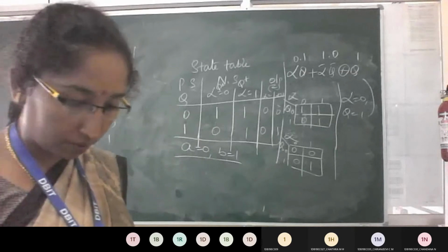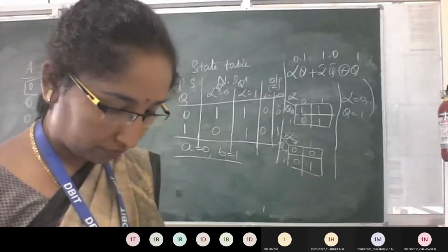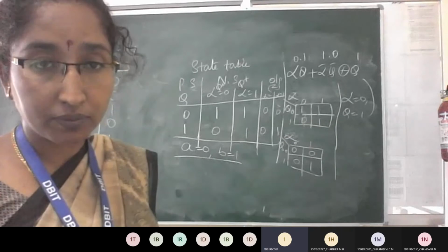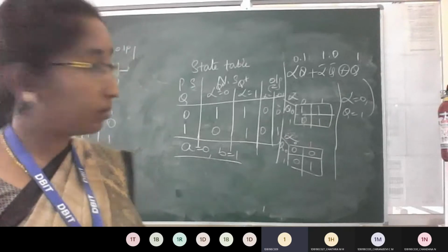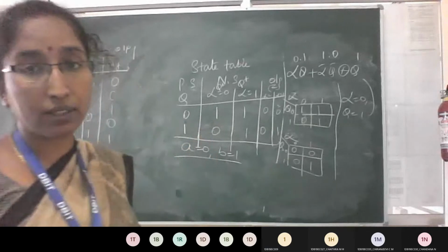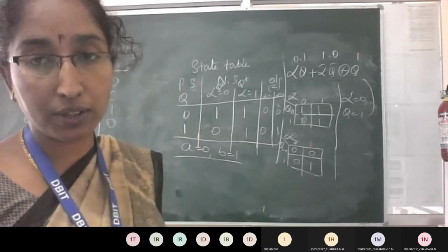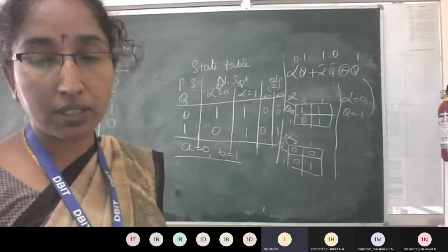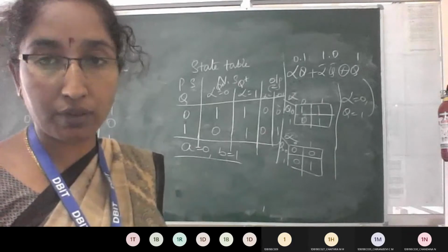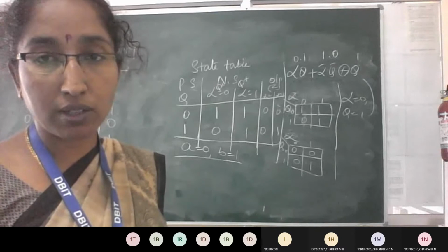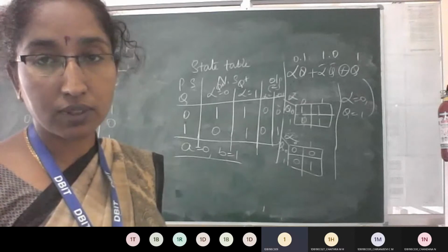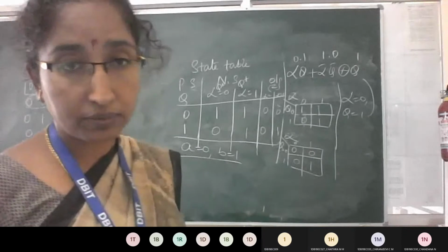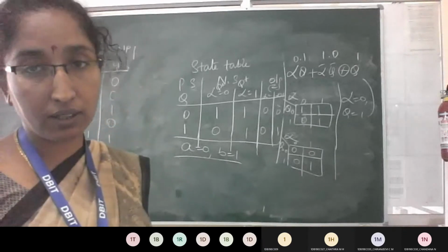Okay, so this is about completing module 4. Ma'am, in module 5, in this type of problems, how will we get Mealy or Moore? Based on the expression Z. What is the expression Z you got? Alpha and Q. Alpha is the input, Q is a flip-flop output. Sometimes if you get an expression with only alpha, we can say it is a Moore model. Okay. So next, module 5, a sequence detector.